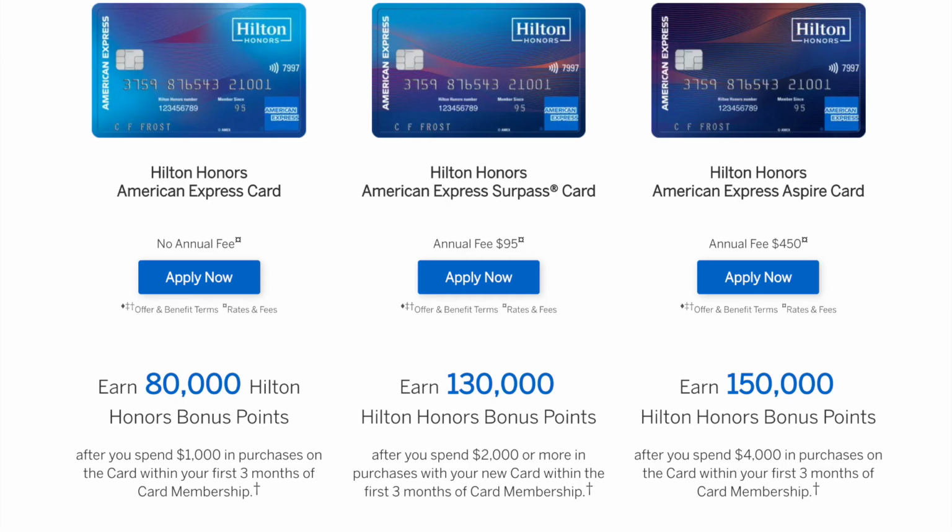Now, I want to start with travel credit cards, more specifically hotel credit cards first. If you guys have any hotel co-branded credit cards, this could be a Hilton Aspire card, a Marriott Bonvoy card, a World of Hyatt card, an IHG card. Most of these credit cards will charge you an annual fee of $95 and up. The way that most credit card enthusiasts actually justify that annual fee is because if you go ahead and book a hotel room that costs you more than $100 and you're paying a $95 annual fee, you're coming out with profit. So generally, these hotel rooms will cost you anywhere from $200, $300,